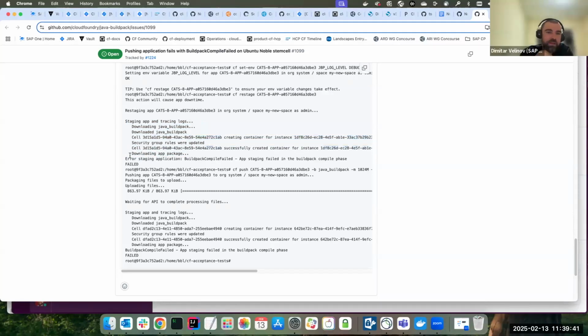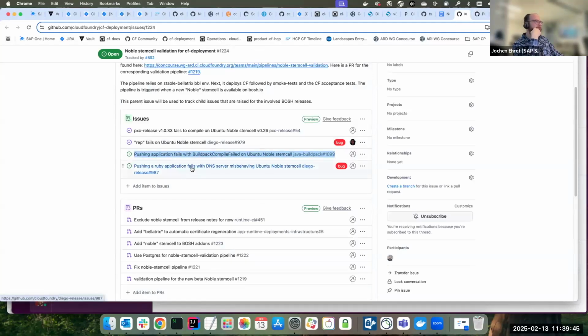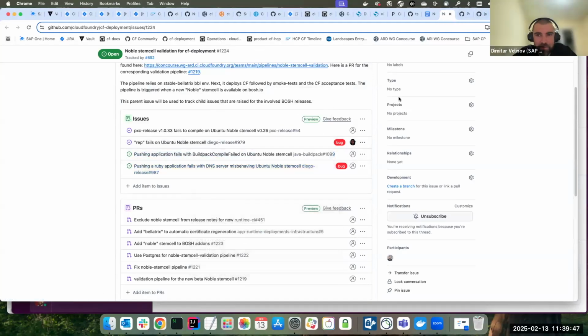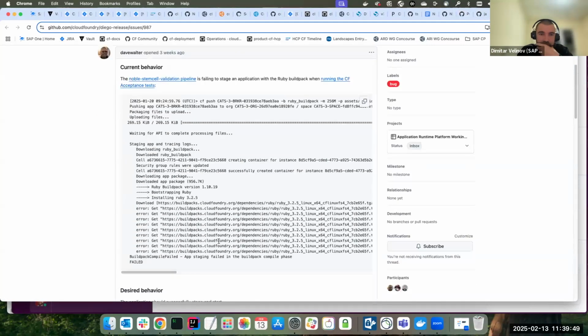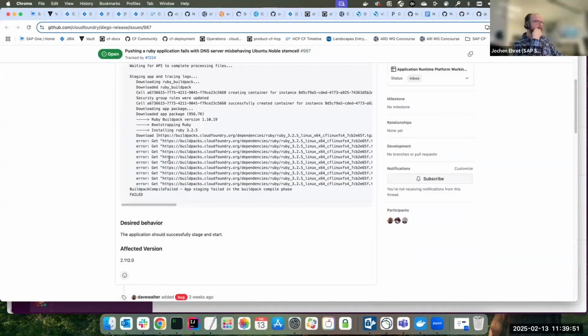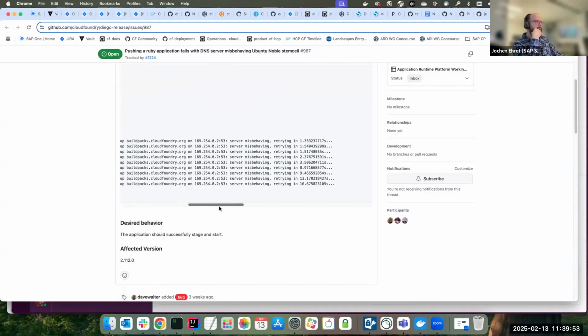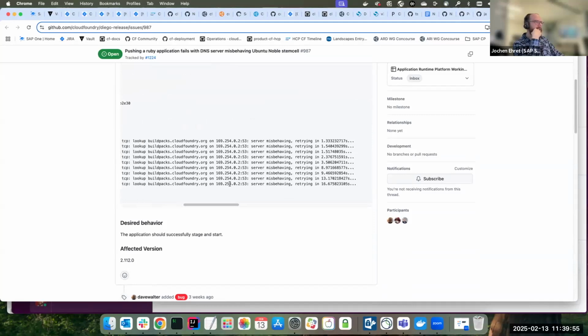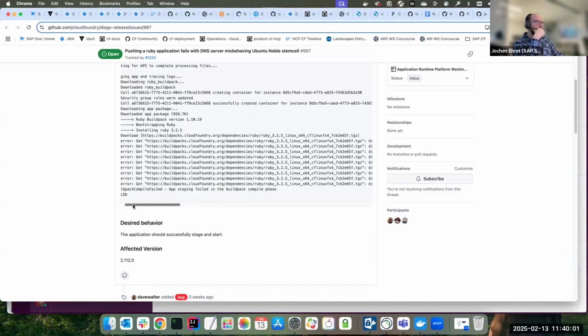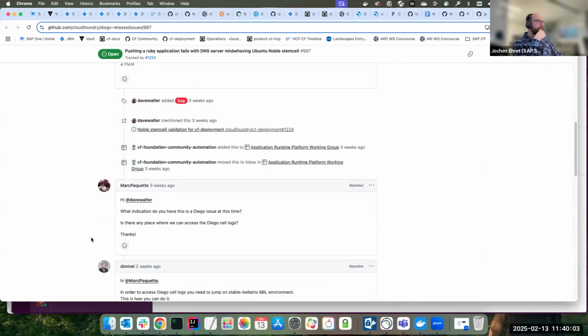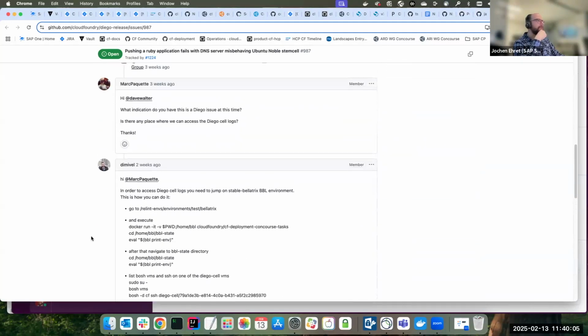Not sure if we can get more information from Diego on what it's doing. Would it be because of the DNS issue also here? Yeah, well, this is the second one, right? DNS server misbehaving. Here we see, I think, Golang telling us that it cannot talk to the BOSH DNS, and then lots of things don't work.